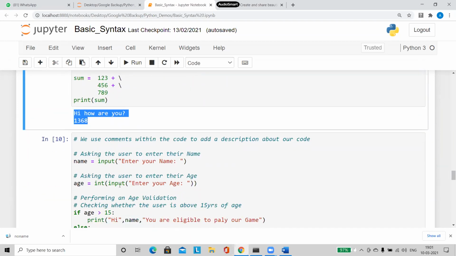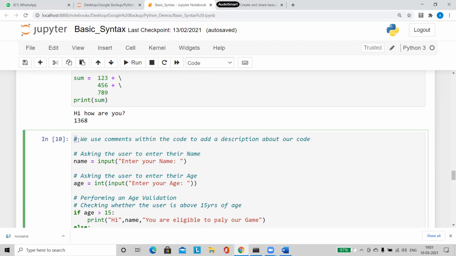Right. Next thing, I already discussed with you the concept of comments. I hope you guys remember that when we were talking about the disadvantages of Python, I told you that Python does not support multi-line comments. So see here, how will I write a comment? I will be using this hash symbol. Anything that you write following the hash symbol, that one single line is totally ignored by my interpreter.